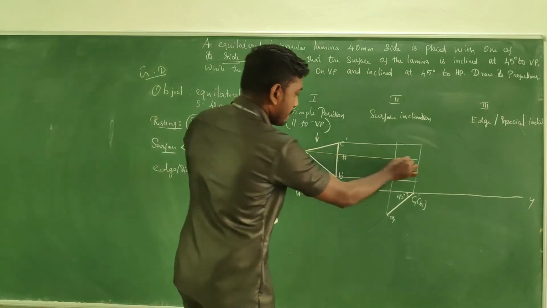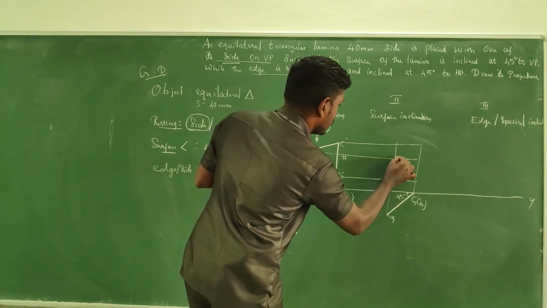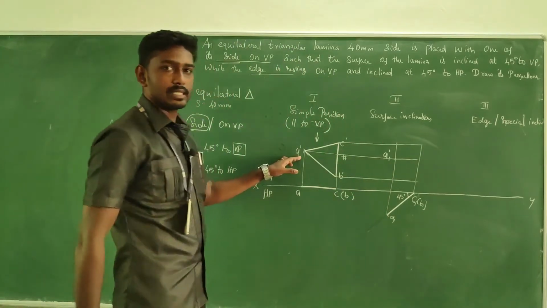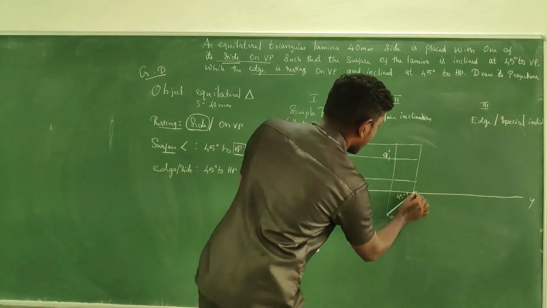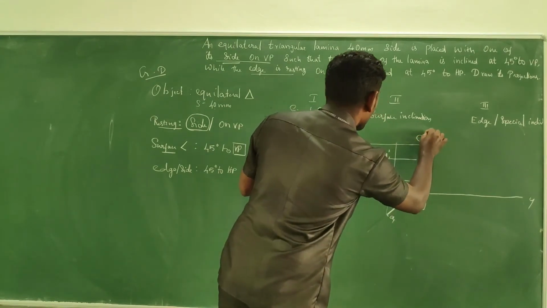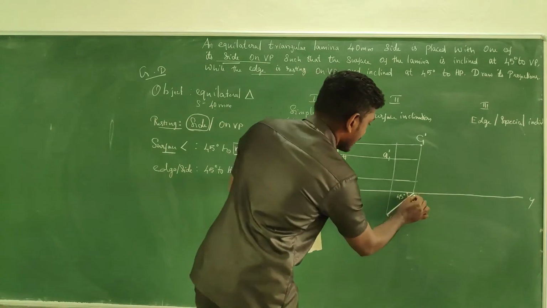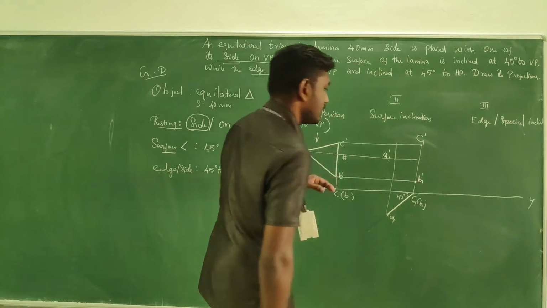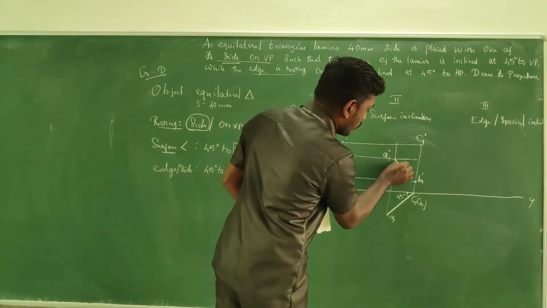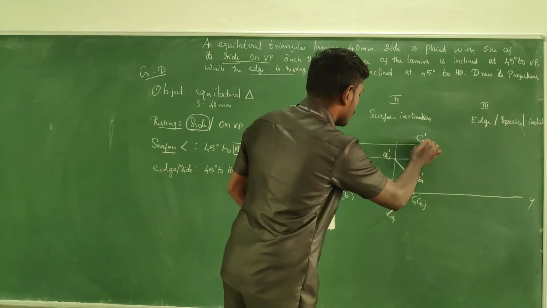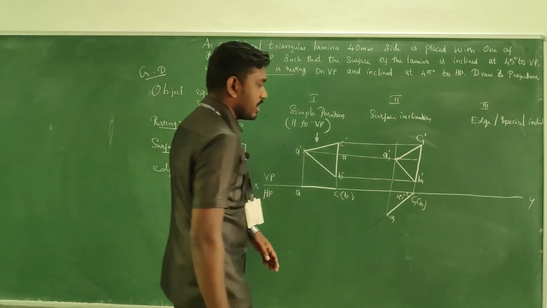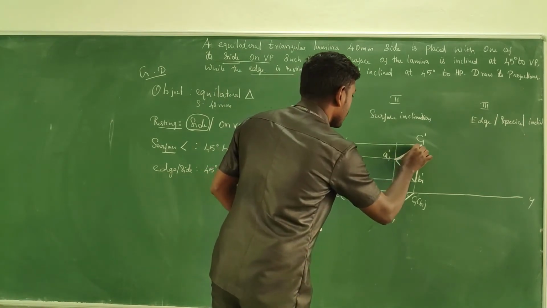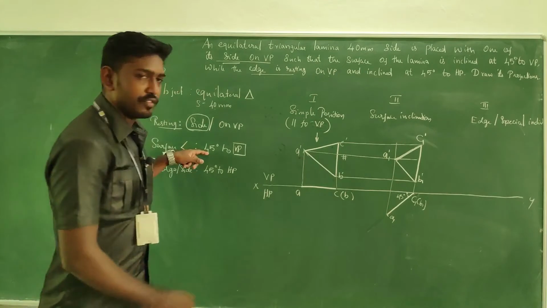So here is A and here is our A from the top view. So it meets at this point. This becomes your A1 dash. Here is C, the horizontal projector, and this is the vertical projector. This will be C1 dash. Here is B and here is the B vertical projector. This makes our point B1 dash. If you connect a line A to B, B to C, C to A, this will become your front view for the surface inclination 45 degree to VP.